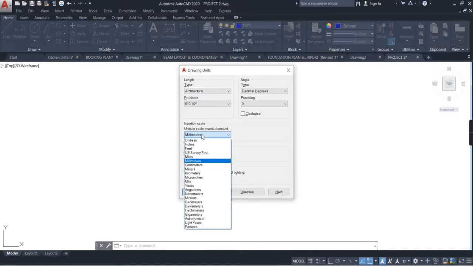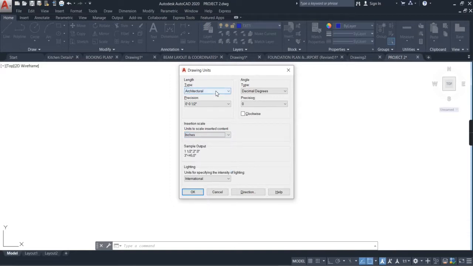And here you have to use the minimum unit considerations. Here I will select inches. If you are choosing engineering, then it should be precision 0 feet 0.0 inches. There are a lot of other precisions you can use according to your requirement, and it should be in inches. If you are working on a structural drawing, it should be provided in mm for better field work.